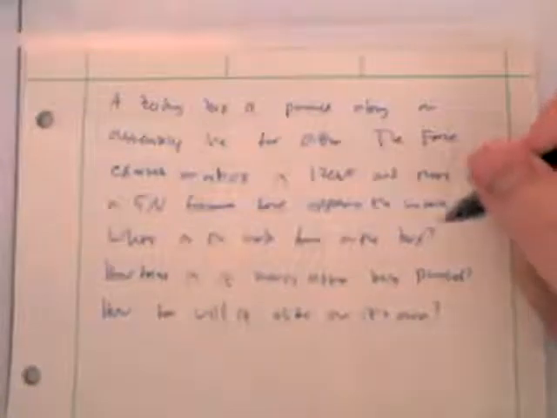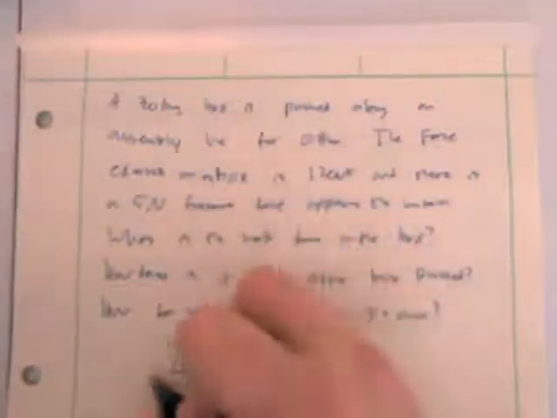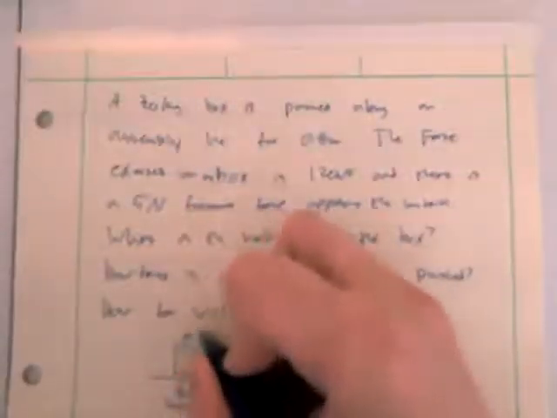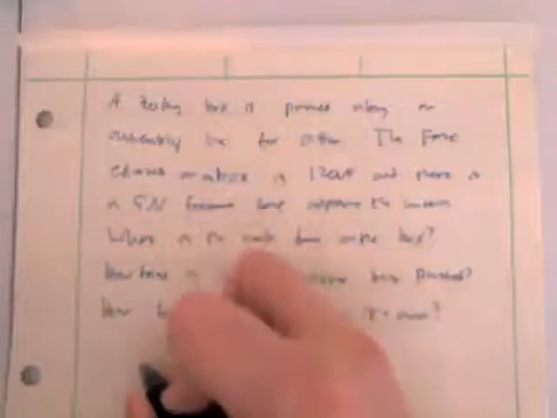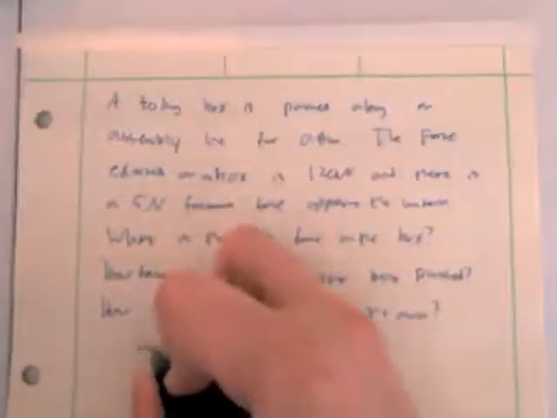So what's the first thing we want to know? We just want to know what the overall total amount of work being done on this box is, right? We have 4 different forces, if we really draw our free body diagram. Here's our box sliding along some surface. We have gravity, we have the normal force, we have some sort of applied 120 Newton force going in that direction, and then we also have this 5 Newton frictional force opposing that motion to the left, right? So the displacement then is going to be forward